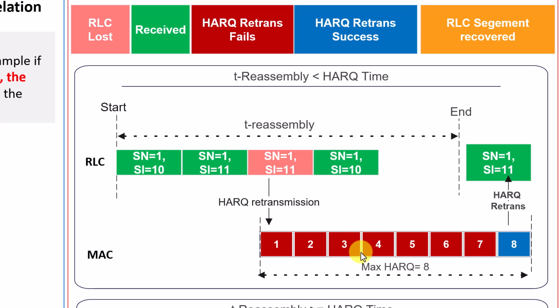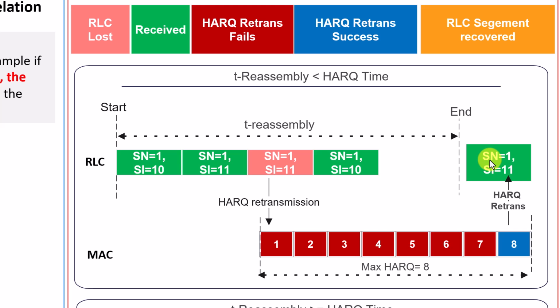So assume now your maximum HARQ retransmission is 8, okay? And assume this is the time it takes for the HARQ retransmission. This might be started here by the way, but assume you have the maximum HARQ retransmissions. So the first one failed, the second one failed. You have 8 attempts. The third failed, the fourth failed, the fifth until the seventh all failed. Just at number 8, it was successfully received, and the HARQ was able to successfully recover this data. So it will now send this one with the missing information, sequence number 1, which had been lost here. So it will be resending here.